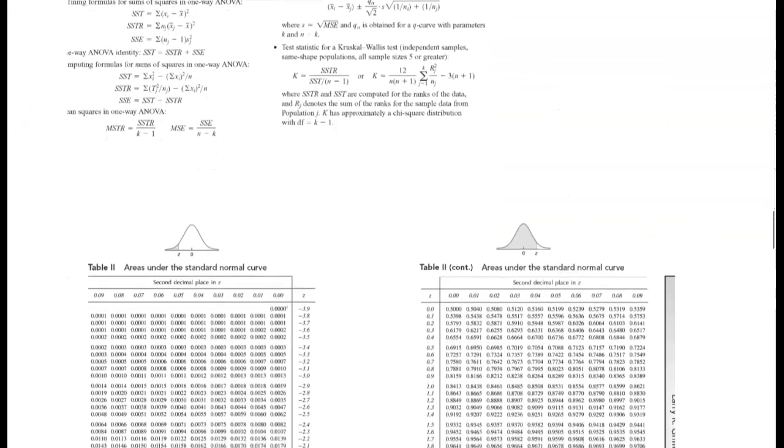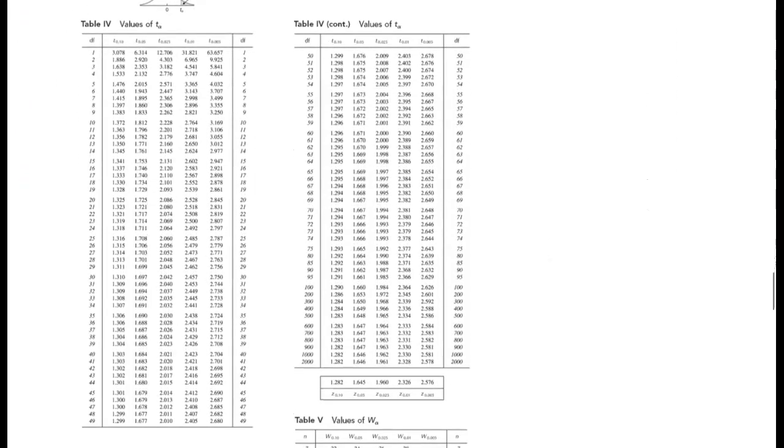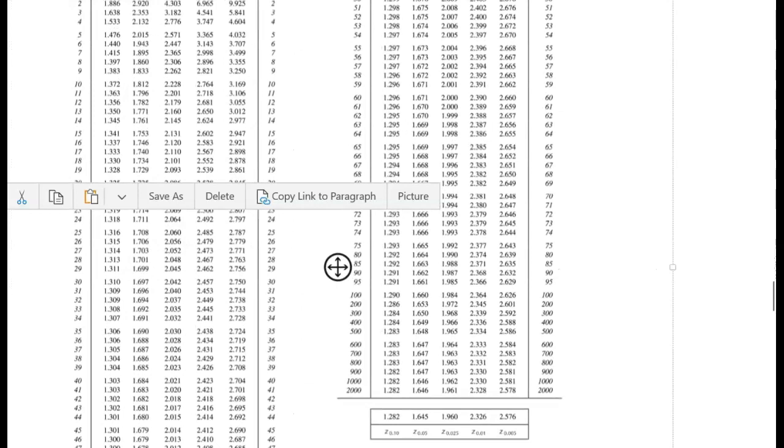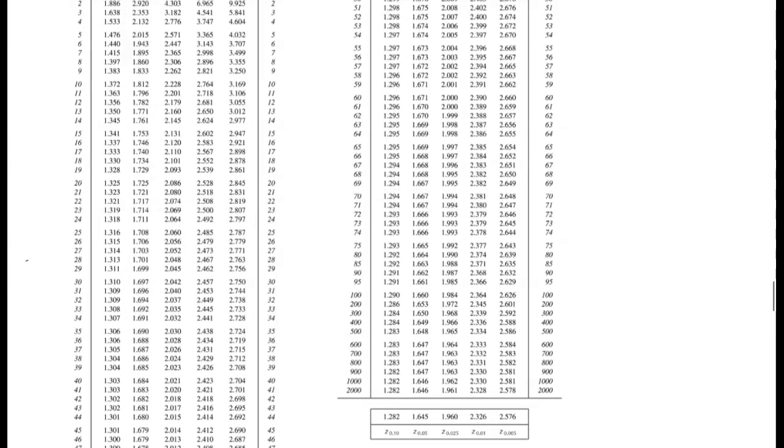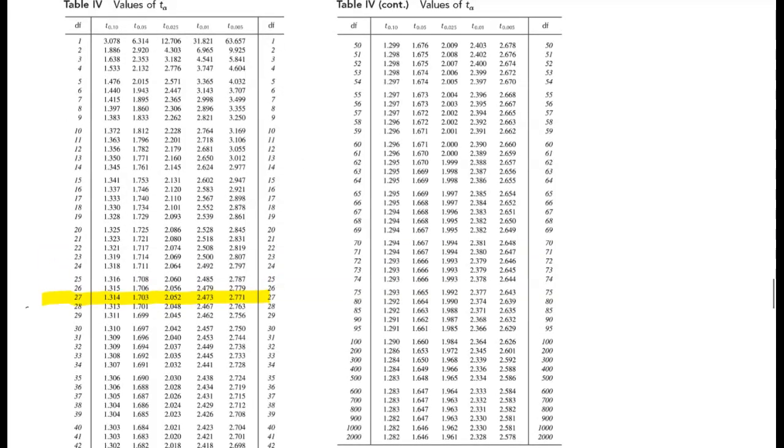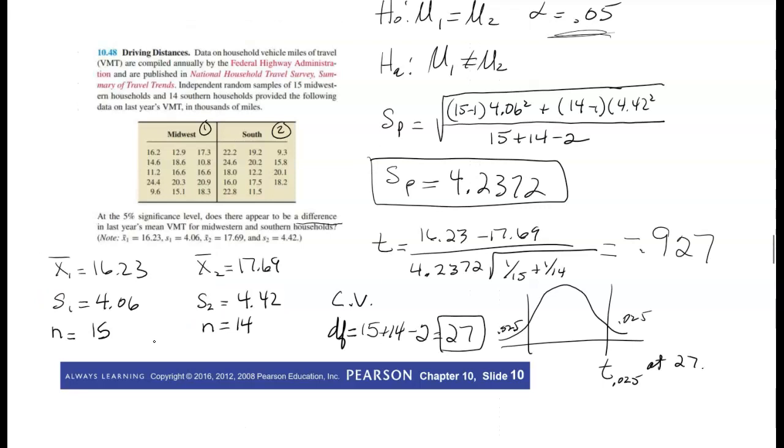So pull out your t-table, go to 27 degrees of freedom, let me pull it up, and here is my 0.025. So it appears to be 2.052. So negative 2.052 and positive